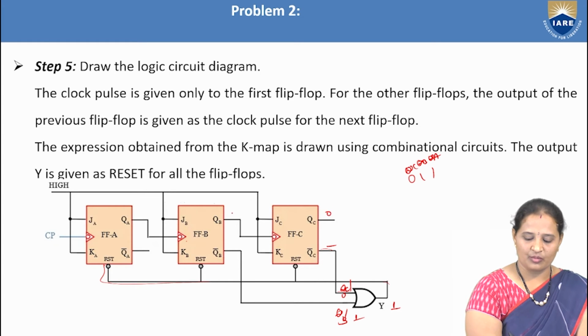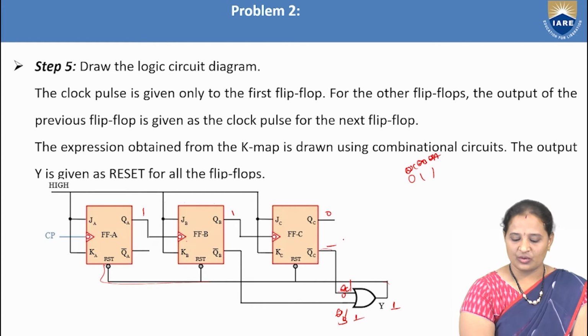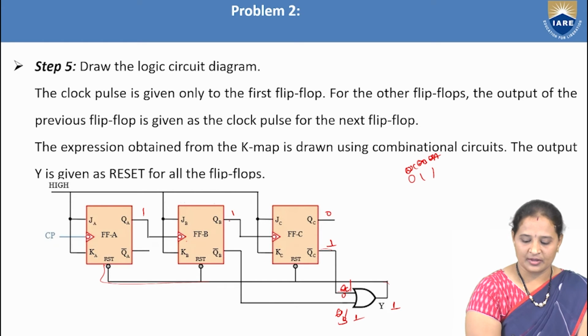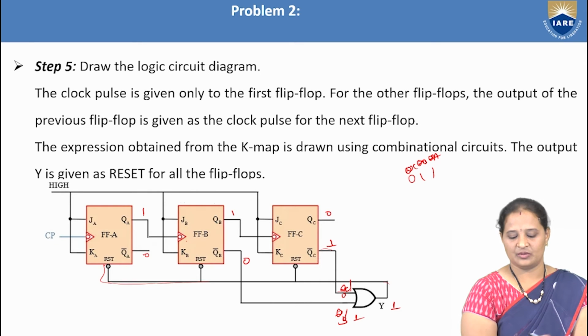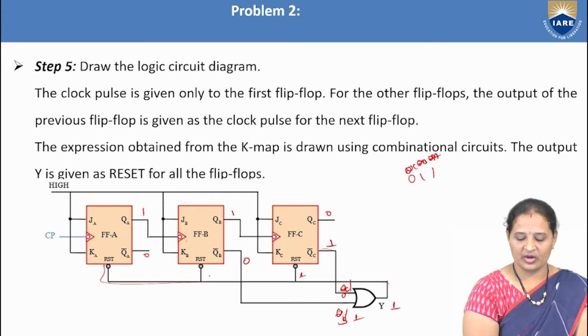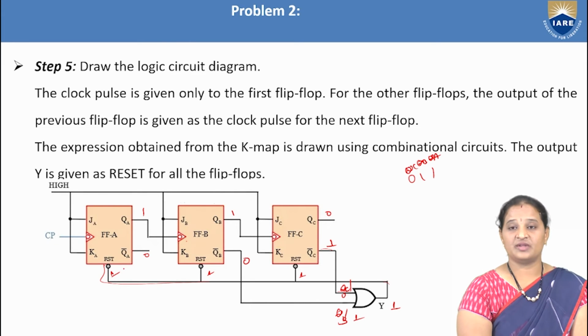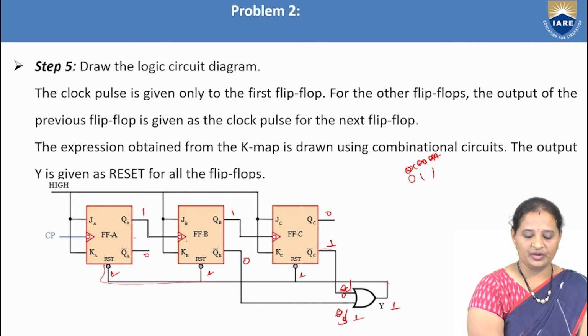This is 0 1 1. So what happens to this one? This becomes 1 and this becomes 0 and this becomes 0. So now again this is 1 here, as it is 1. So what happens? No flip-flop will be reset because the reset input is 1 here. Now during the first clock pulse, so what happens here? As it is a negative edge, it changes its state to 0.